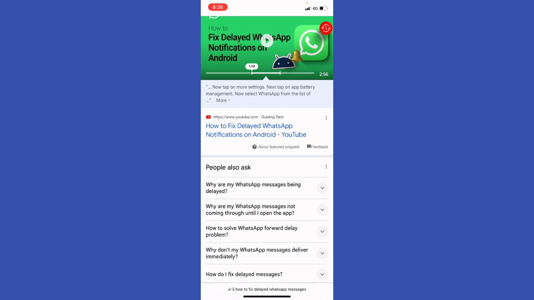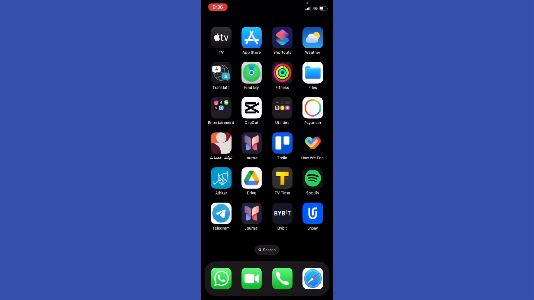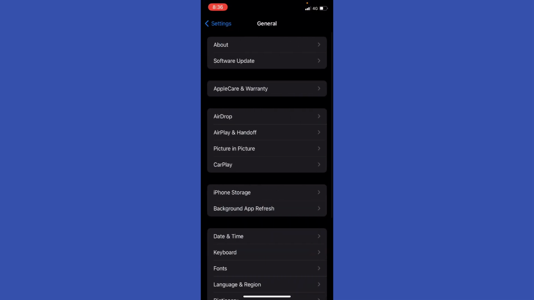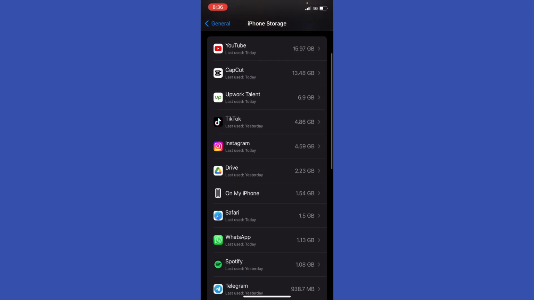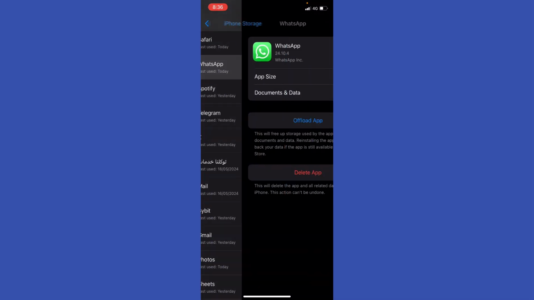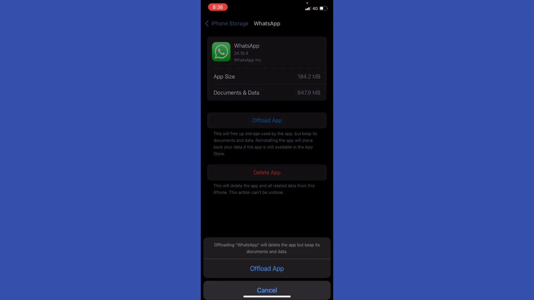So basically, if that didn't work out for you, you're just going to go back to your screen and go ahead to your browser. And what I'm going to do is go to General and then iPhone Storage, and I'm going to check my iPhone storage right here, and I'm going to go ahead to WhatsApp, and I'm going to offload the